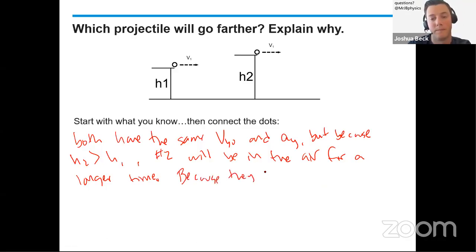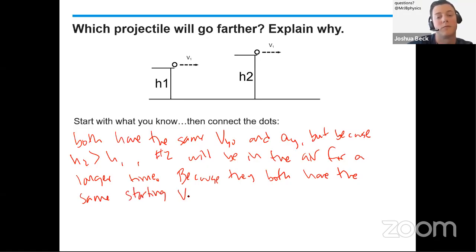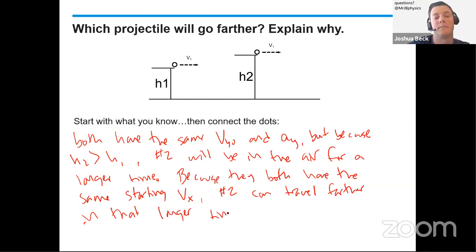Because they both have the same starting velocity, number 2 can travel farther in that longer time. See, now I've taken the initial setup and I've connected all the dots, getting me from the relationship between height